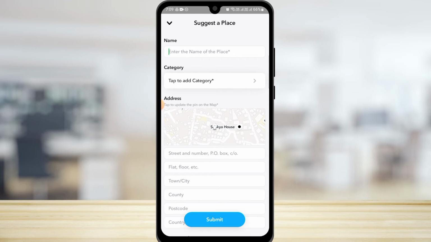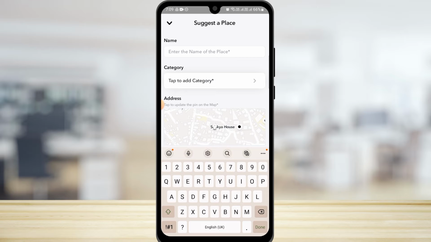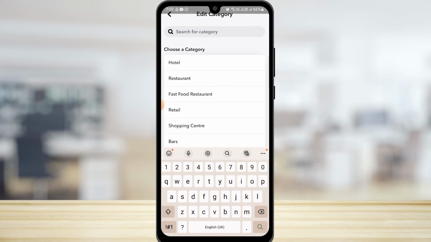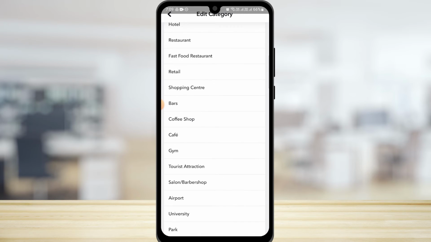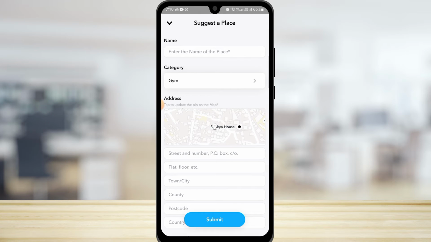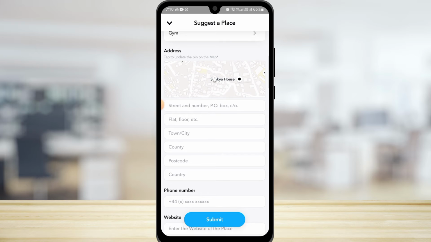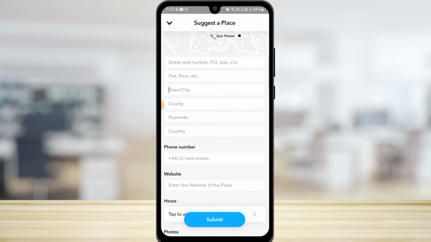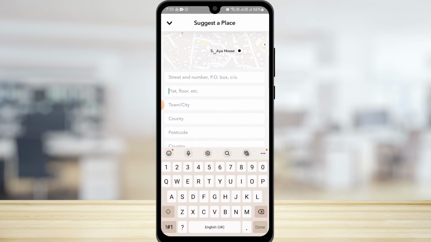And over here you need to add the name of the place that you want to suggest. You also have to enter the category. So whether it's a hotel, cafe, gym, you simply have to tap on the category. And after this, you need to fill up this address. So here you need to enter the exact address